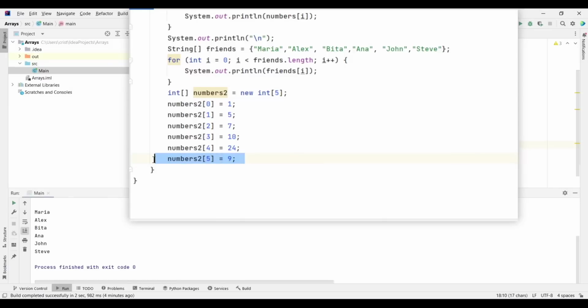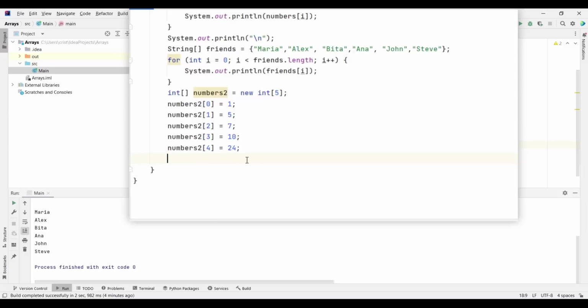We defined that we're going to put 5 elements, and if you count the elements we have here, 1, 2, 3, 4, 5, and 6, because the size is 5 and we put 6 elements, we get this warning. So this is good to know.